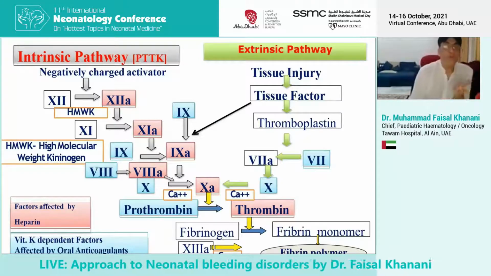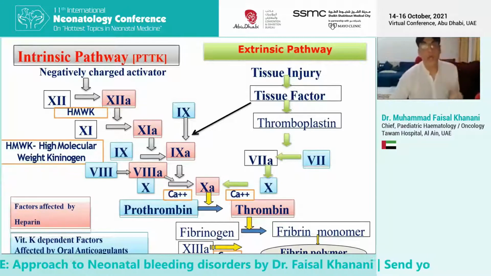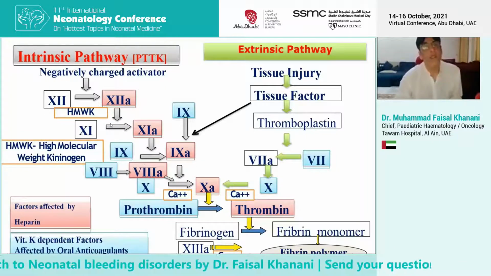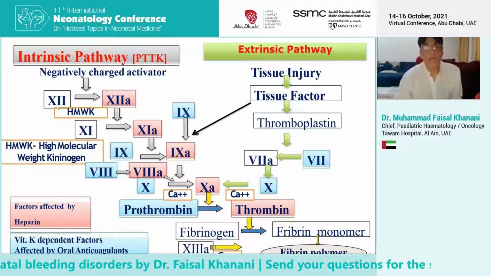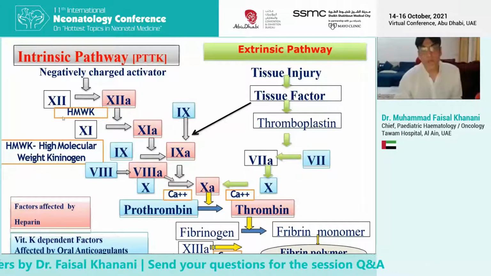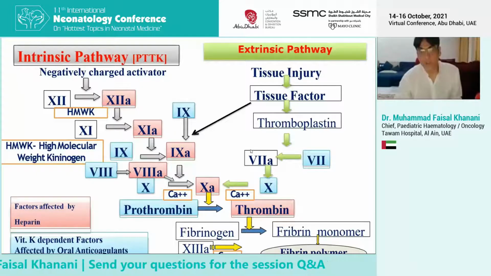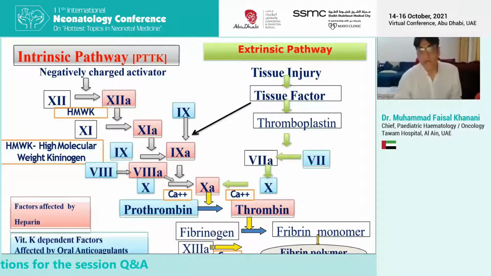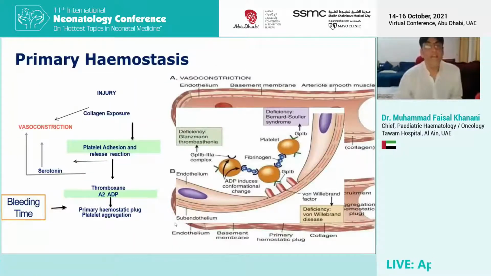So this is what we learned from our books on physiology. You have the intrinsic and extrinsic pathways. In the intrinsic pathway, we know that a nucleotide activator and tissue injury lead to activation of factor 12, leading to factor 8 activation, and factor 7 coming from the extrinsic pathway. Prothrombin is activated to thrombin by factor 10A and calcium, and fibrinogen to fibrin, and the polymerized fibrin is stabilized by factor 13.